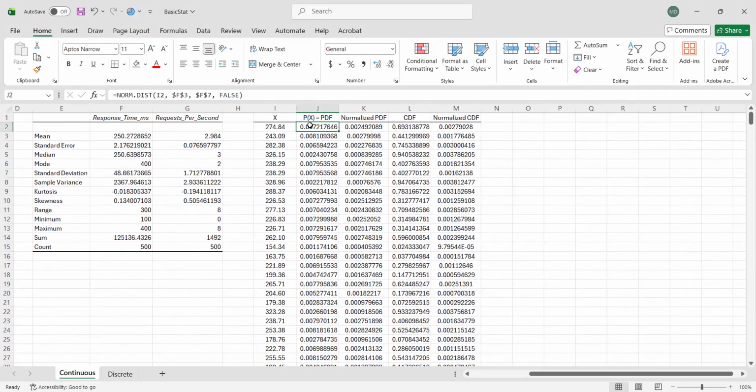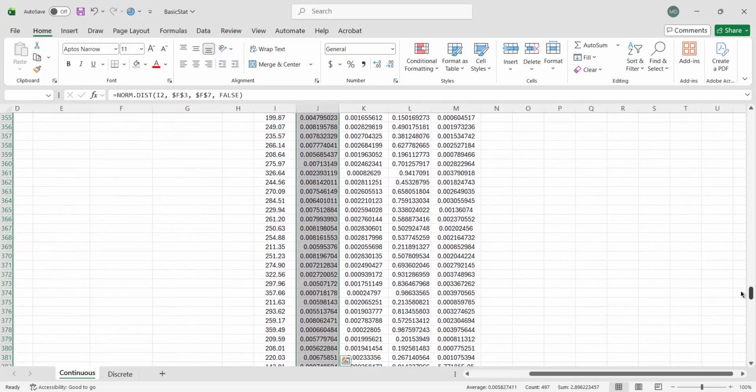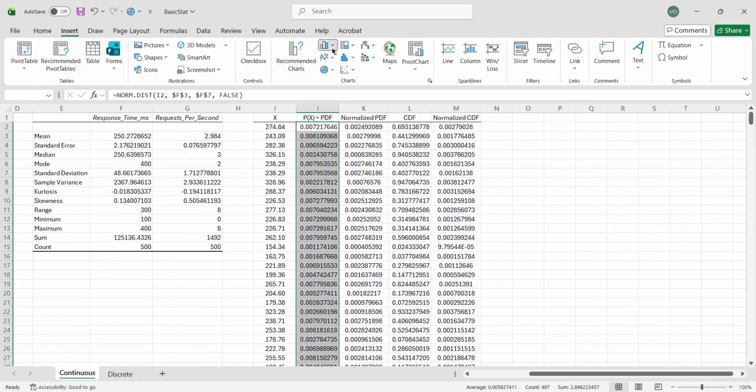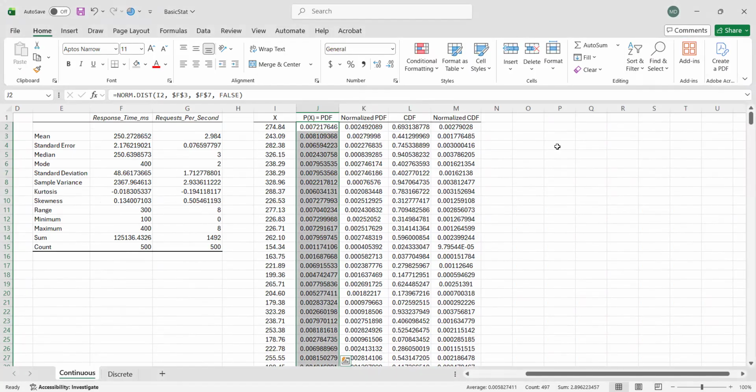So here we just highlight everything. I think no need to include the header. And then we insert. But before we do that, I forgot, we have to sort this data set.